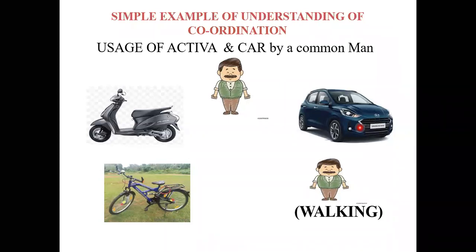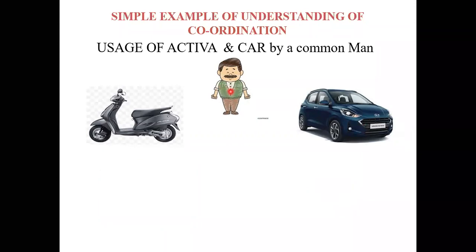For going to adjacent streets also, nowadays we are using a vehicle. Of course, that is a different topic. So now let us assume this person has only an Activa and a car. The most important point in this example is to understand how this person uses these 2 vehicles, the 2-wheeler and the 4-wheeler. Means, in which conditions you will use the Activa, and similarly, in what situations you will use the 4-wheeler.